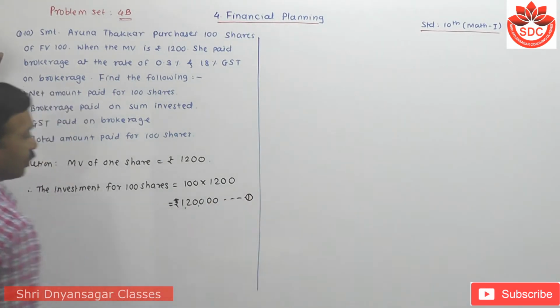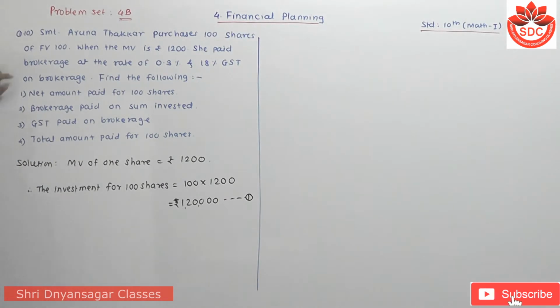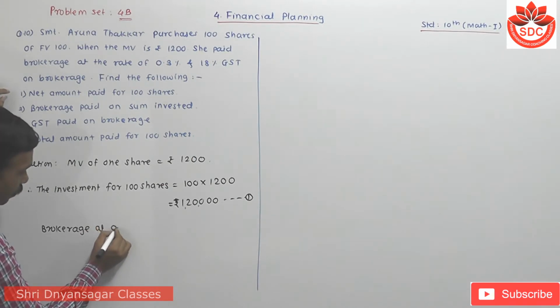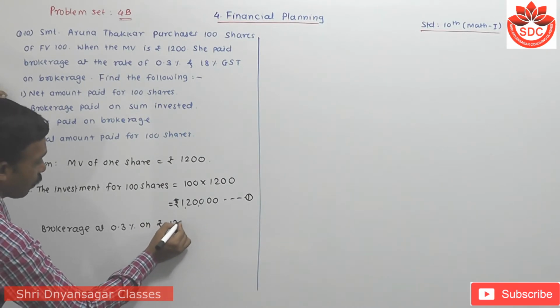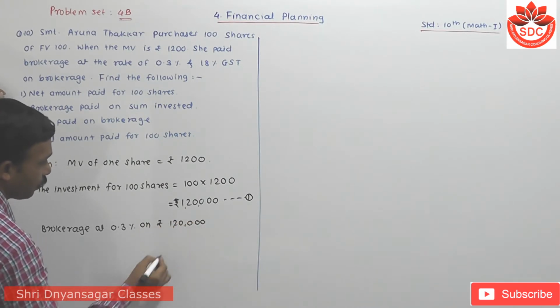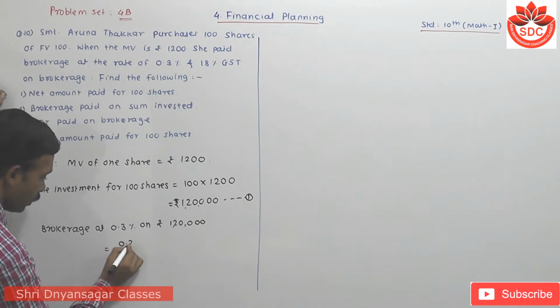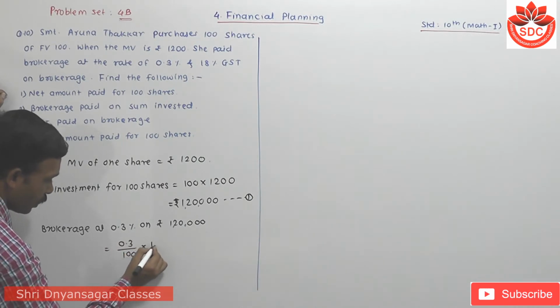Suppose this is equation number first. It means that the net amount paid for 100 shares is 1,20,000. Then we have to find out the brokerage on this sum invested, so the brokerage at 0.3% on these rupees 1,20,000 is equal to 0.3 upon 100 into this amount